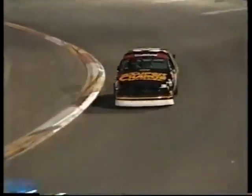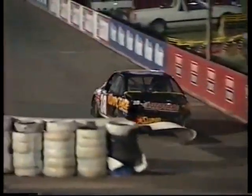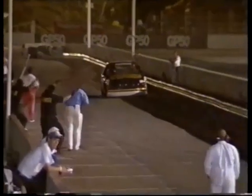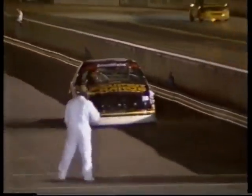Wayne Smith finding his way around into the pit lane, or looking for pit lane. He's going to need to get that rear bumper torn off. The car still seems to go around. How fast it goes around remains to be seen. The supercharged team getting ready to come over the pit wall, and he's actually gone past his...